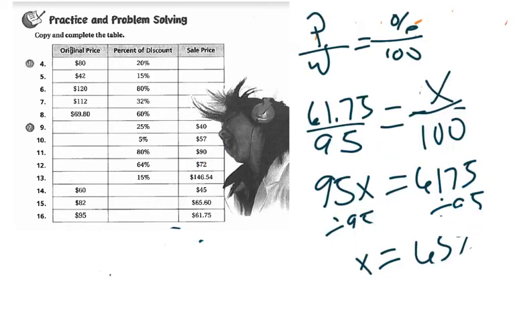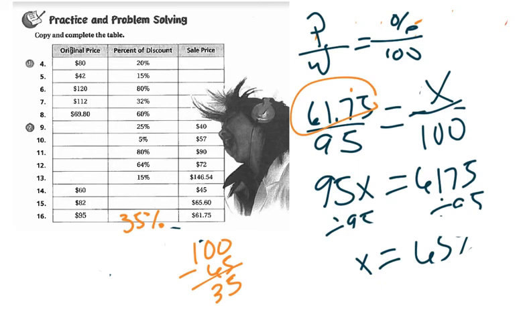Okay, so I get that 65% there when I go through that math. That means 65% is how much 61.75 is of 95. That means the discount is the other part. So 100 minus 65 is going to be 35%. That means we're paying 35%. Okay? Hopefully that's helpful. And we can check that by taking $95 times 35%